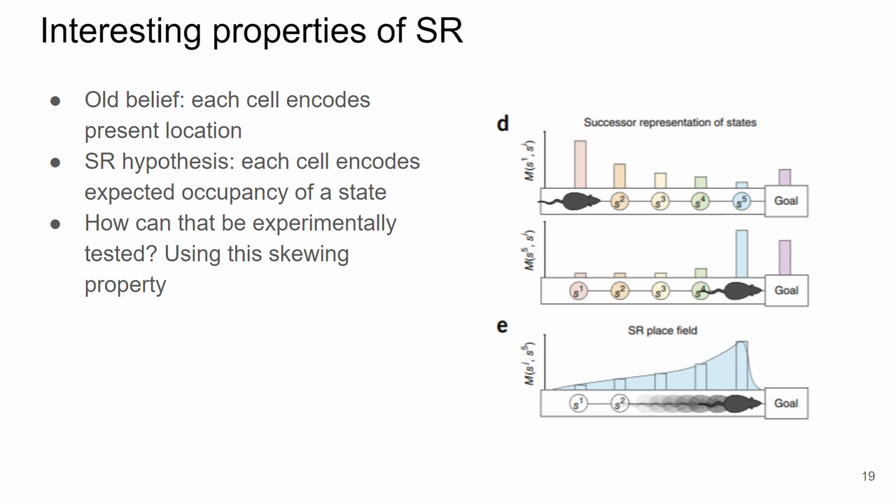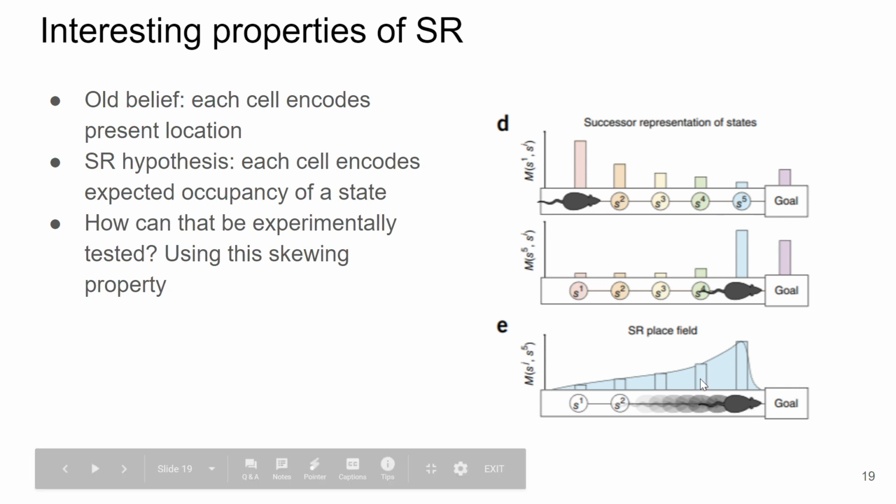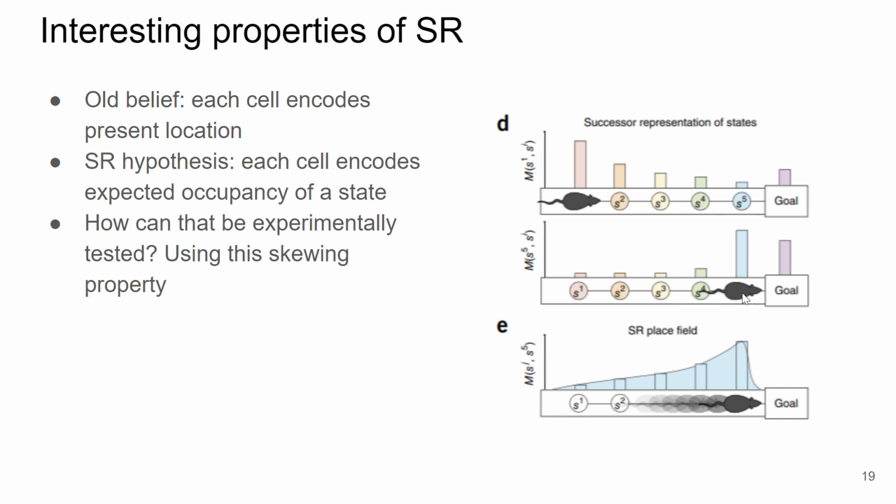You have a question? Yeah. Because here the expected occupancy of S4 is not 0. So how would the expected occupancy of S5 be 0 if it moves to S6? So look at this plot. When we are at S5, the expected occupancy of S4 is 0. I mean, ignore the small height. So when you're at S5, it is 0 and you have the decay forward. Your gamma decay is here.